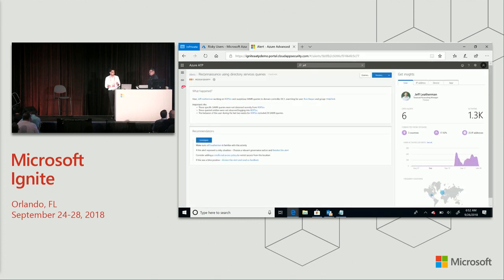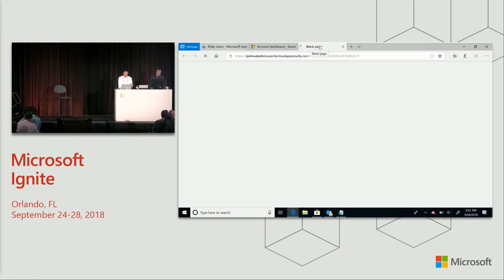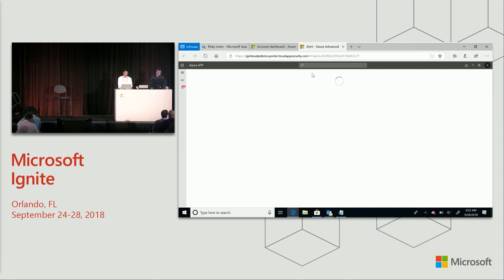The next alert that we're seeing is actually the reconnaissance. As I mentioned to you, the 2 most common reconnaissance actions are using directory services and DNS. In this case, it is a directory services alert. And what I want to show you here, really quickly, is how this alert looks like. So what we are seeing in the details